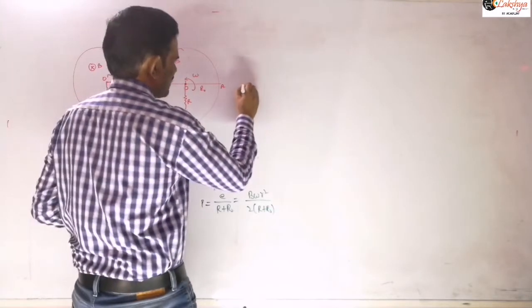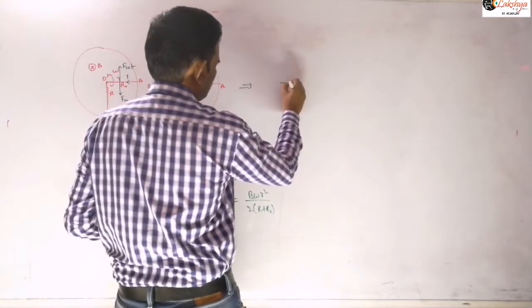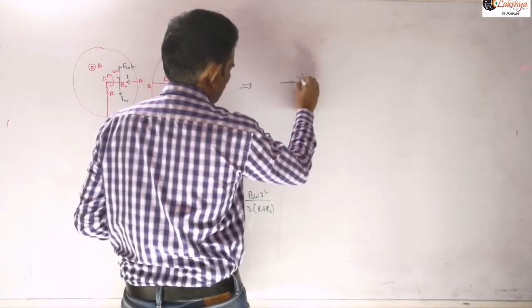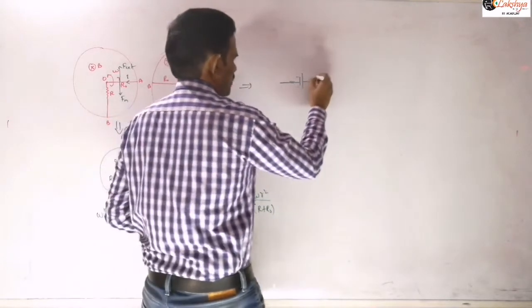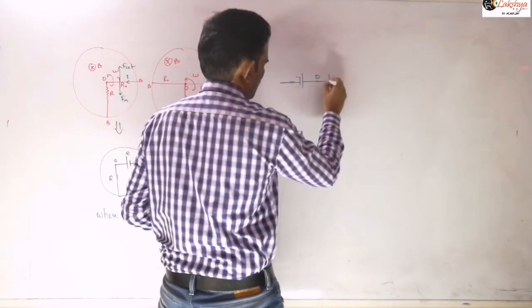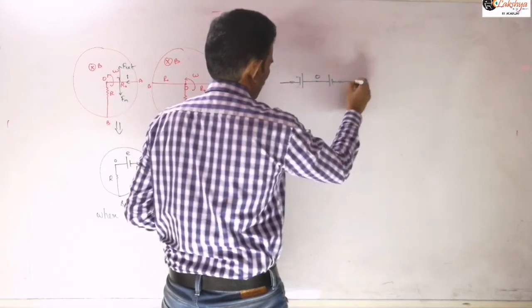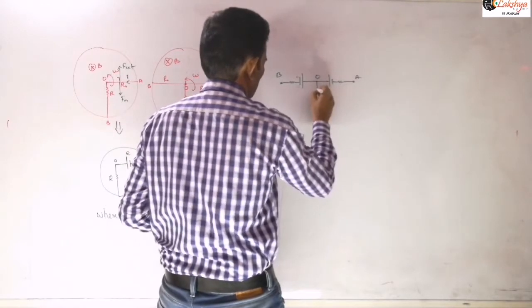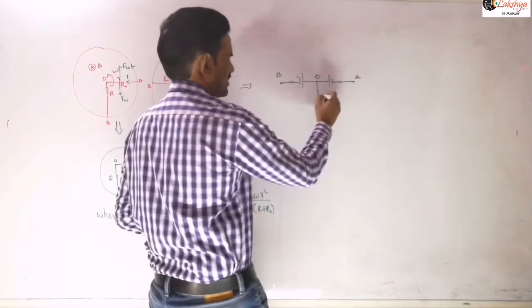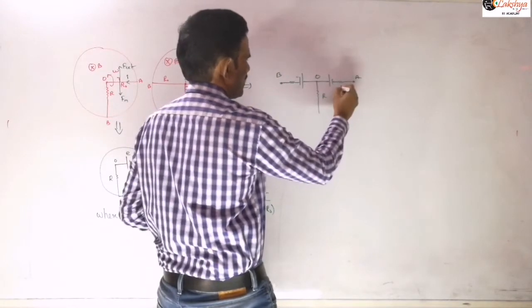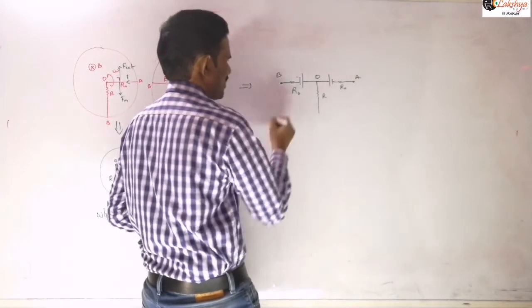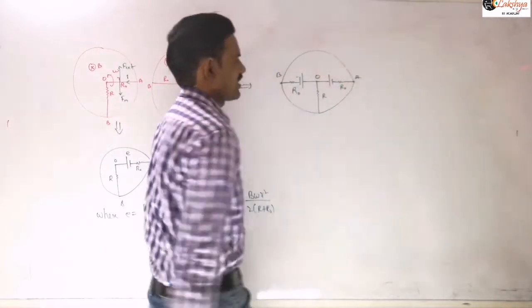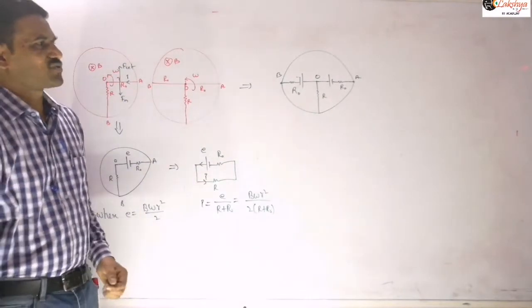And so again you can convert this into a circuit, so that means it is having some resistance here. Now this is the negative terminal and positive terminal O. This is the point O, and again this is the positive terminal and this is the negative terminal, and this is another point B here. That means this is A, this is B, and this is A, what we considered there. And another resistance is there here, right? This is the external resistance. So now the situation will be like this. This is R0 resistance and this is also R0 resistance. One wire will be there between these two, and this connecting wire will be there like this. Now that will be our resulting circuit here.